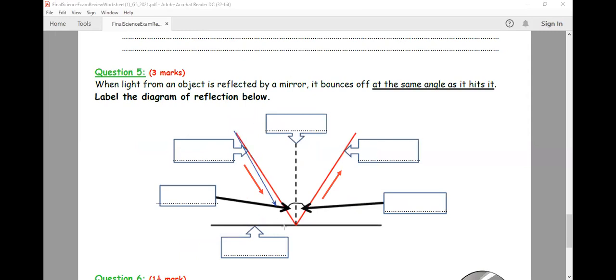So if you want to draw the reflected ray, this is the light ray. What you have to do is to draw a normal. You have to